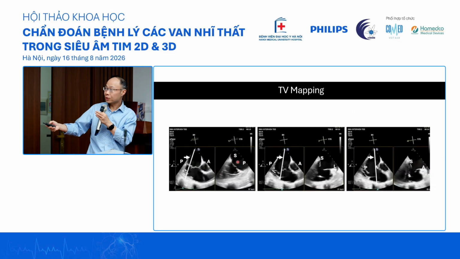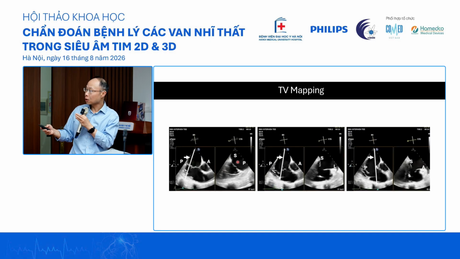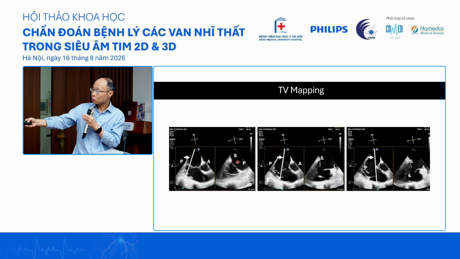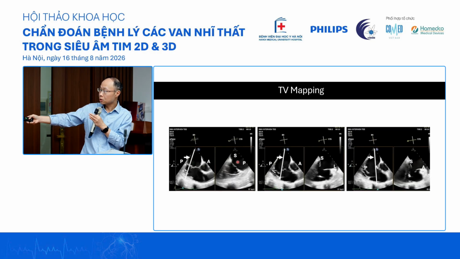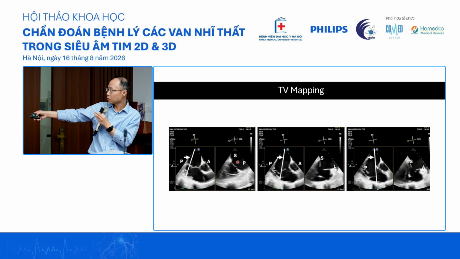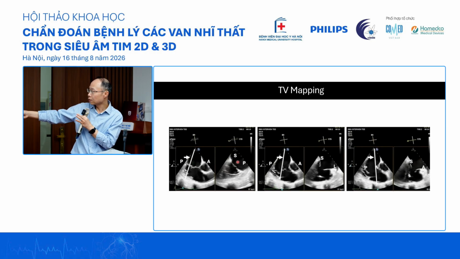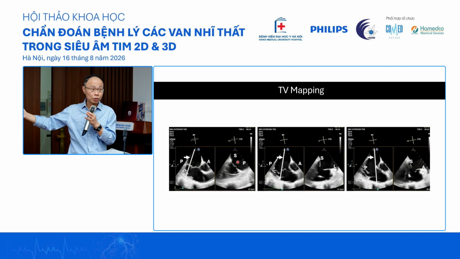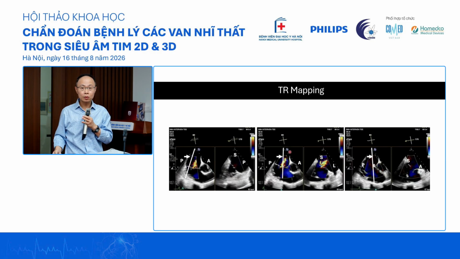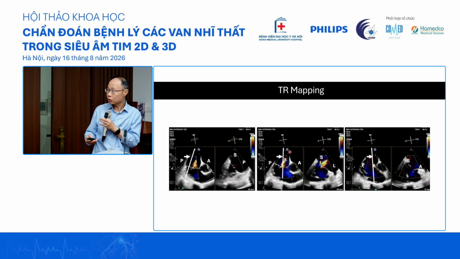And this is just a rehash of what I think is worth trying, especially if you're going to embark on a tricuspid clipping program. Make use of the X-plane to decide where the severe TR might actually emanate from. Again, this is anterior and septal. If your entire severe TR is concentrated here and you have enough leaflet length, which I believe Professor Kong may share with you, this is where we have the highest success rate to clip. So I will stop here and I welcome any questions from the audience.